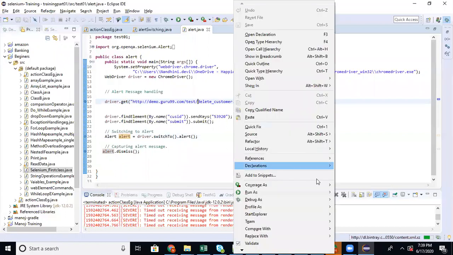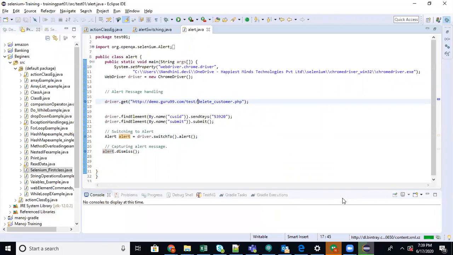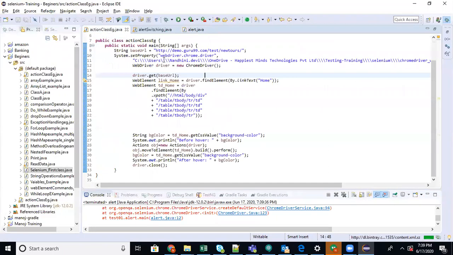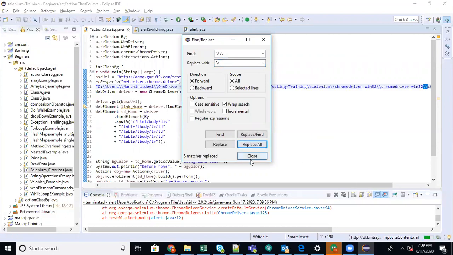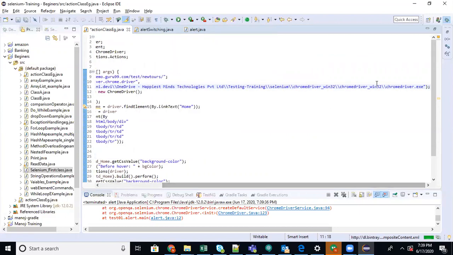This is simple, so I'm just reusing the one which we already created, and my eye is also paining, so I'm re-executing the one which is already created, because two classes we wasted. I don't want to waste again. Sorry for the inconvenience.